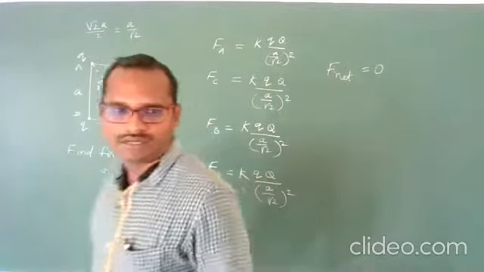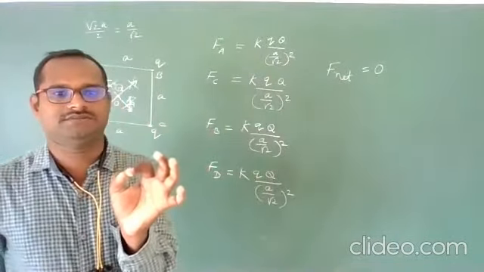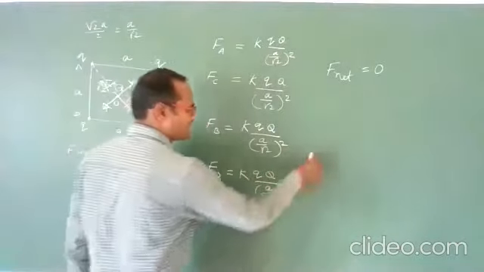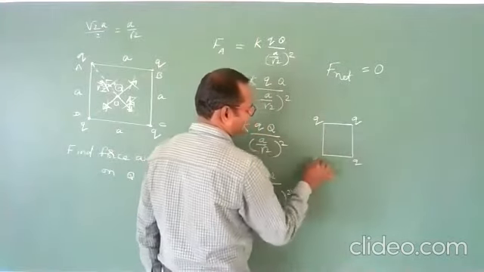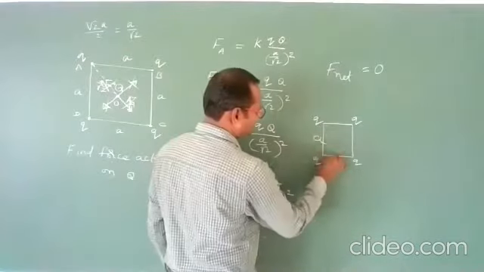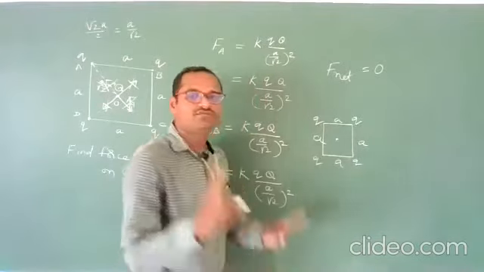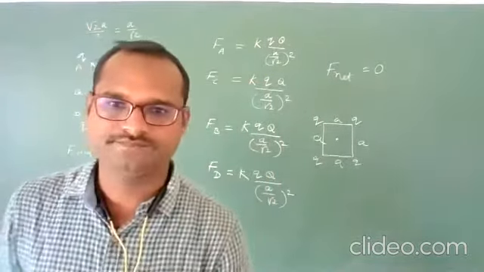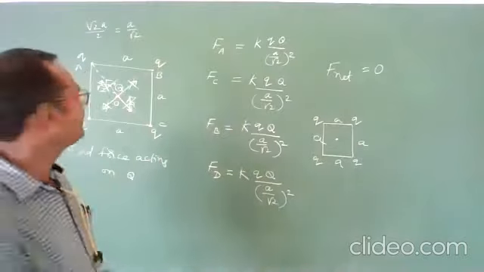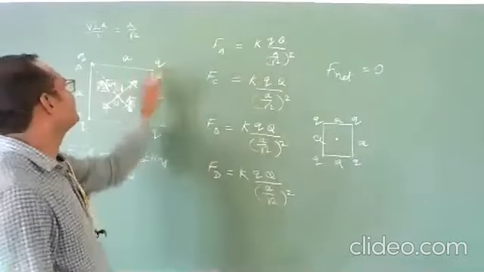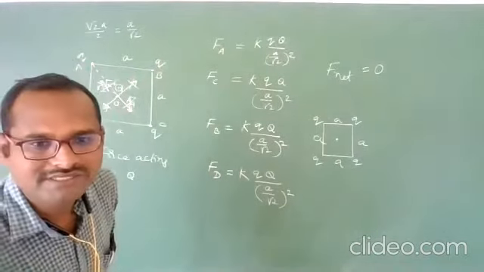Clear? Are you understanding? What we need to remember is, if the charges are of symmetric type, meaning the structure is symmetric, with the same distances and the same charges, then at its center the force will be 0. Simple point. Remember this point. So directly you can write 0 force. No force will be there because these charges are symmetric and they will cancel their effect of force. That's it. Clear, students?